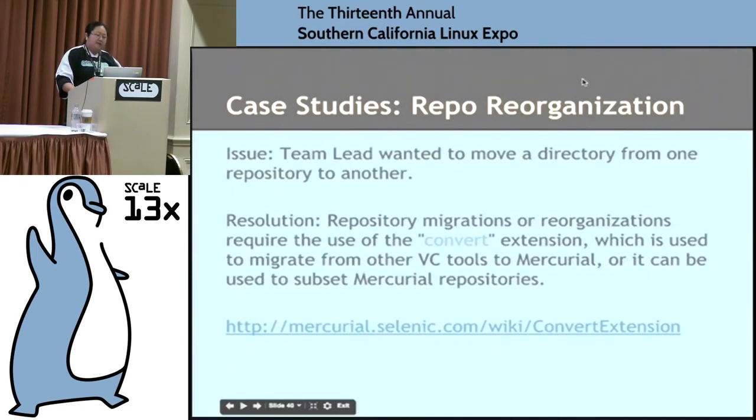Some other things that I've had to do is reorganize a repository. This is where I'll say that one of the drawbacks to distributed version control is that if everybody's keeping a copy of the repository, they have the entire history of the repository. Over time, if the repository has been around for a very, very long time, it's huge. It takes up so much space. And people who are only working on a portion of the code get kind of resentful. They're like, I only want to touch this part of the code. Why do I have to check out this giant directory? And this is a time when you start thinking, maybe I should break it up a little bit.